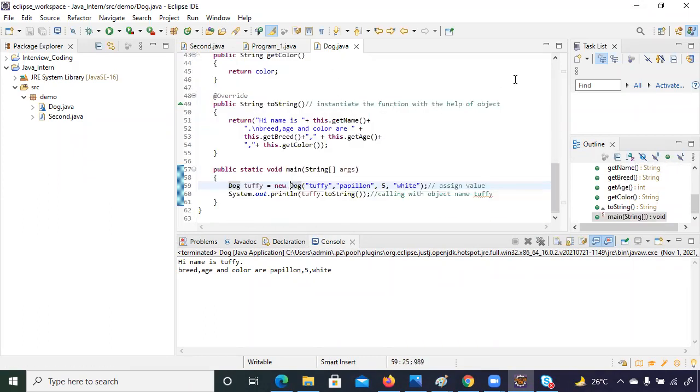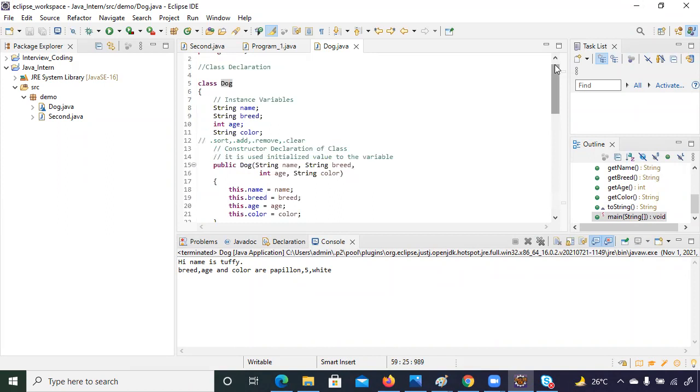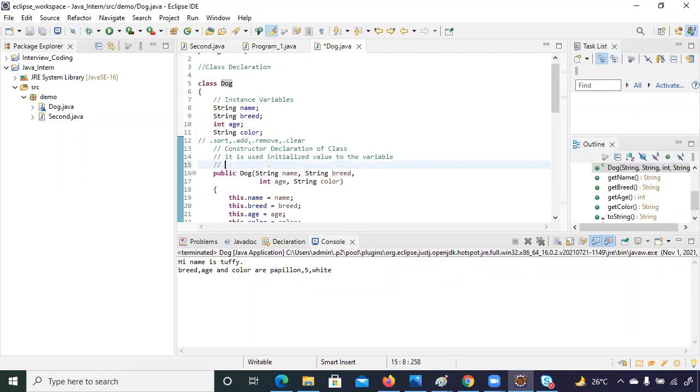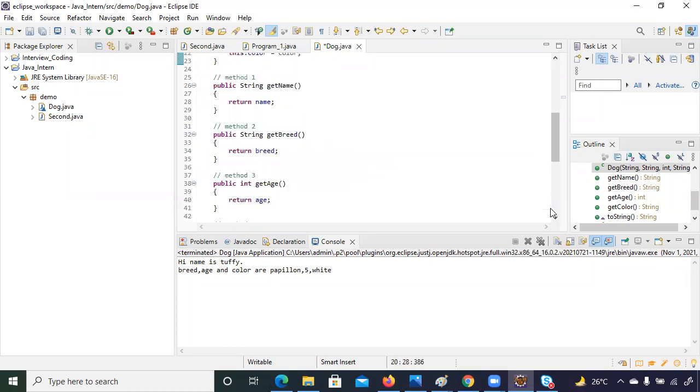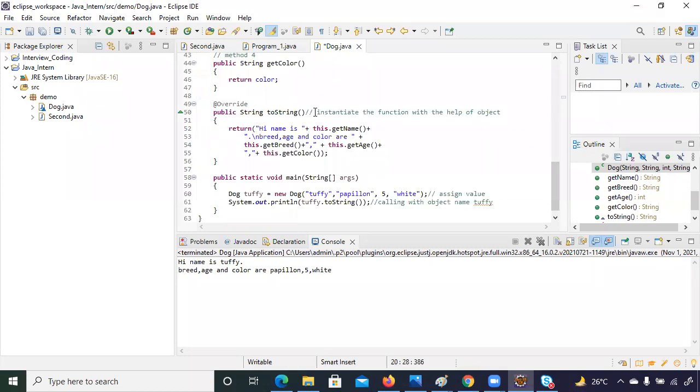Go through how this function is being called, try to understand what a constructor is, and search on Google about the constructor as well. Explore more from your side. This is the most important point: what is a constructor? Go through this and this term as well, instantiation of an object.